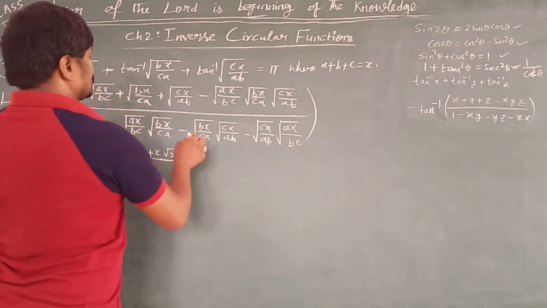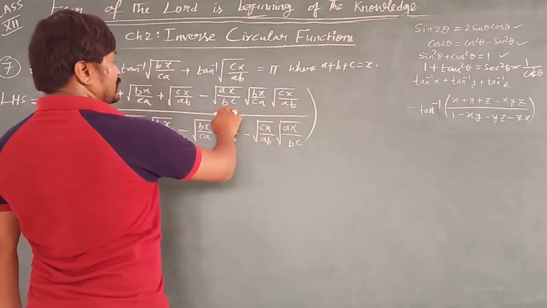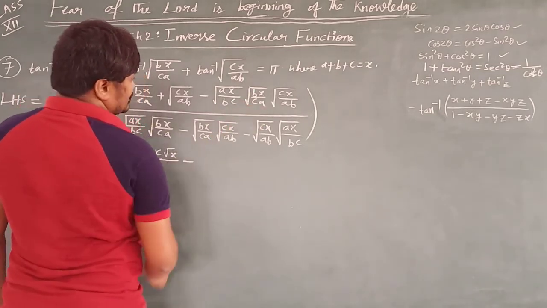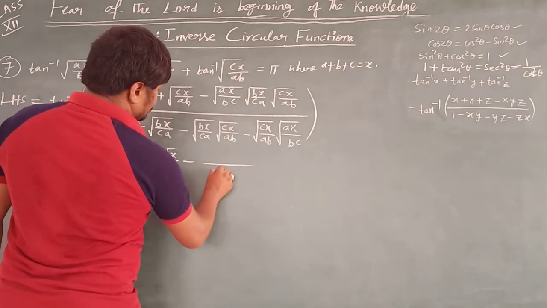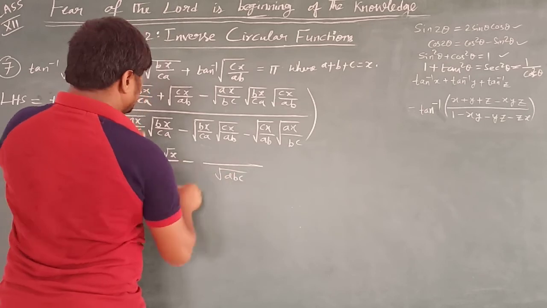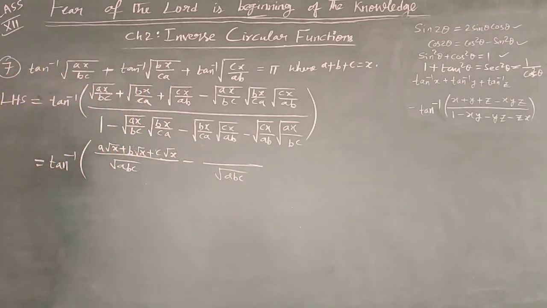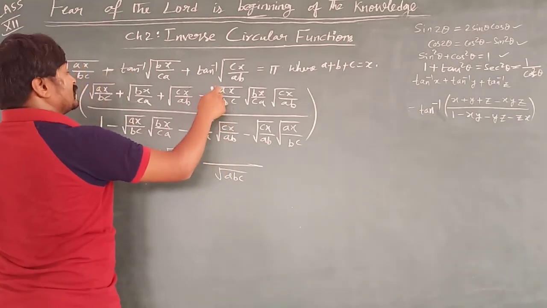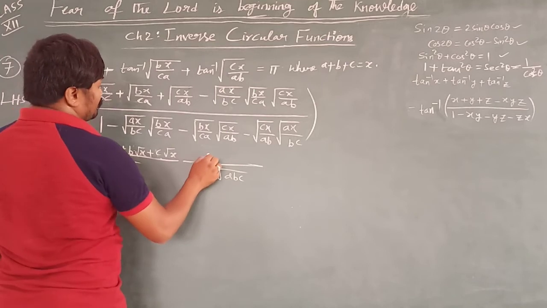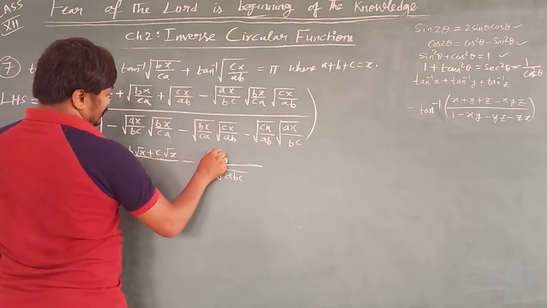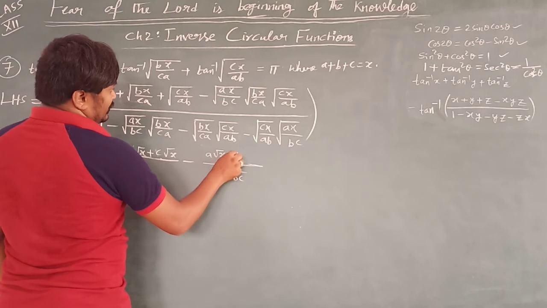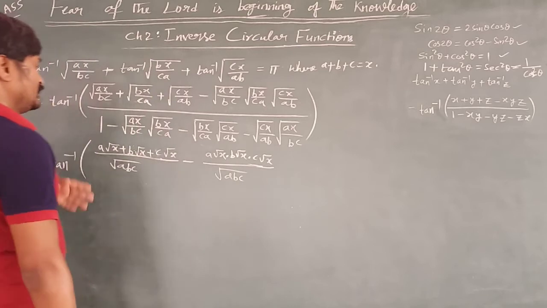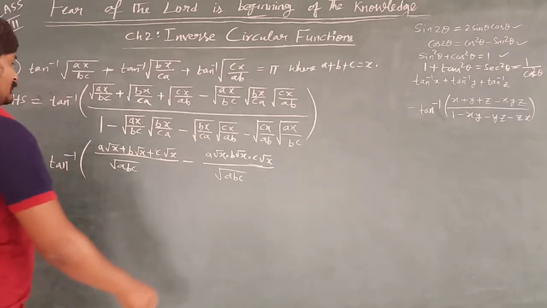Minus, here also take the LCM again, that is root abc. So if I take root abc as the LCM here also, then what is going to be your answer? When I take root abc as LCM, if bc is there, what is not there? A is not there. So that means root a into root a and root x. So write a root x into b root x into c root x. So this you are going to get now, upon